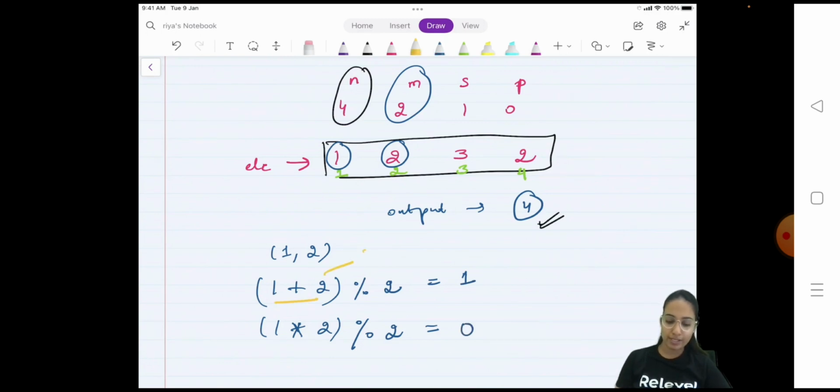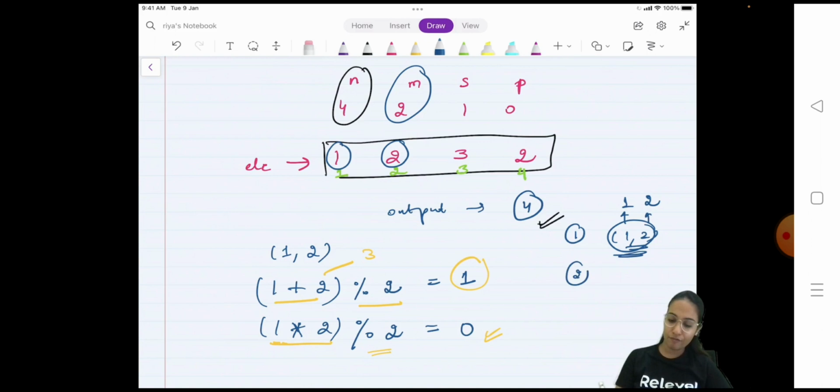2 plus 1 is 3, modulo 2, remainder is 1. 2 into 1 is 2, so when you take the modulo of it with 2 only, you get the answer 0. So one of the pairs is at these indexes and the corresponding elements are also this. Now I see that if this satisfies the answer, then for sure this will also satisfy the answer, because if this is a valid pair, then this will also be a valid pair,